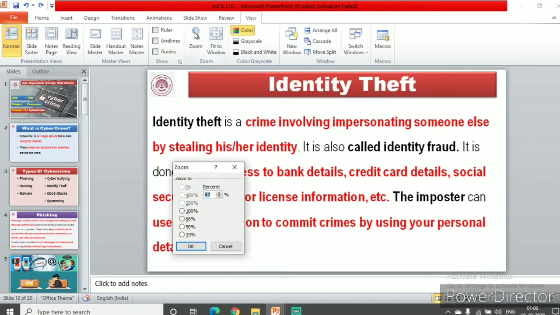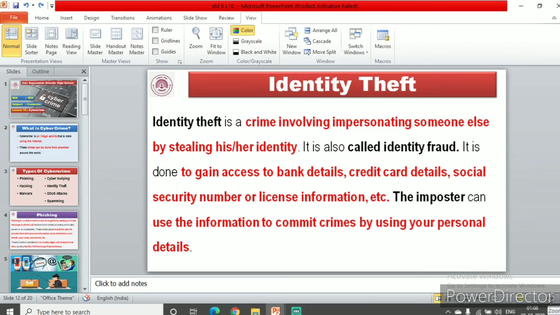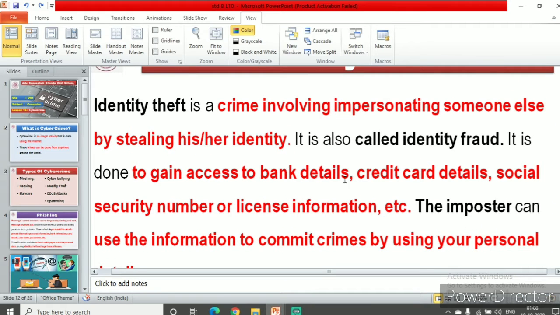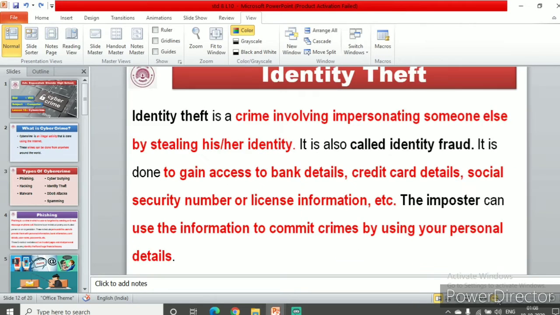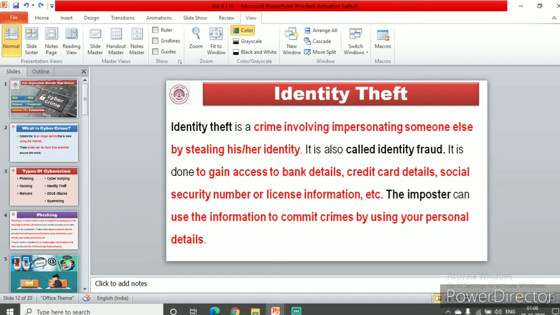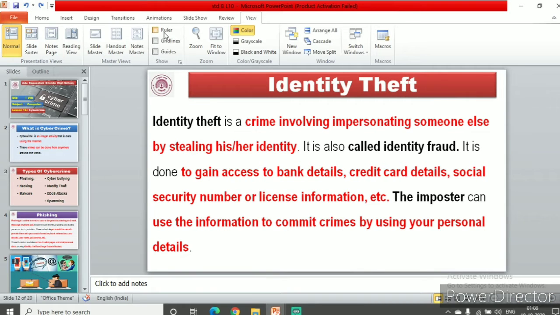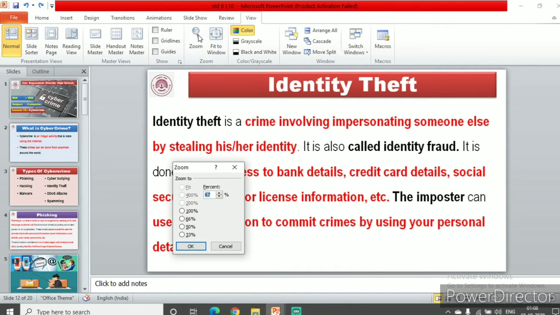If I click on zoom here, you can see all the options. Even before that, let me see if we can increase the size and then go here. So here how much percent you can see? You can see it is 67% because we've already zoomed it a bit. We'll just reduce it, make it like 90%. And now let's go to the zoom. Here select 67%.